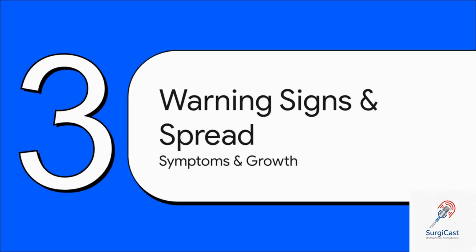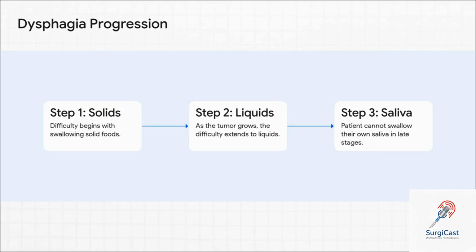All right, we get the risks, but how do you even know something's wrong? This brings us to a really critical part of this whole thing. The warning signs, and just as important, how this cancer starts to spread once it gets a foothold. The number one, most common and most alarming symptom is that difficulty swallowing we talked about at the beginning. That's dysphagia. And it doesn't just happen overnight. It starts small, maybe having a little trouble with solid foods. But as that tumor grows, it starts to get hard to swallow liquids. And in the final, most advanced stages, it can get so bad that a person can't even swallow their own